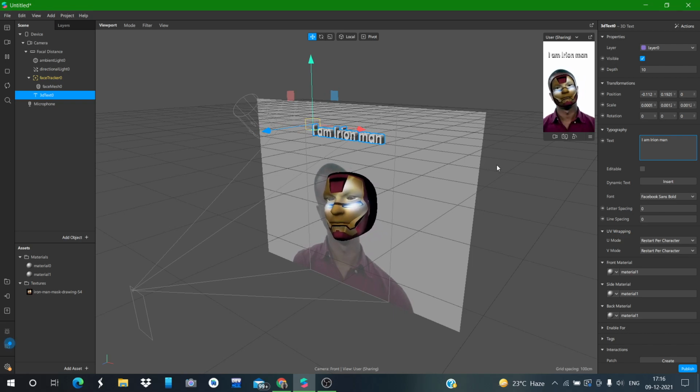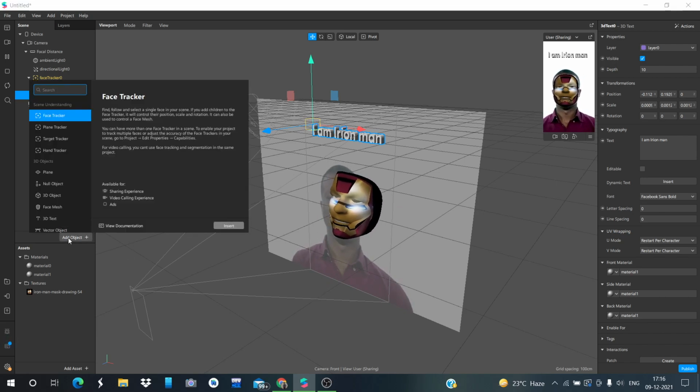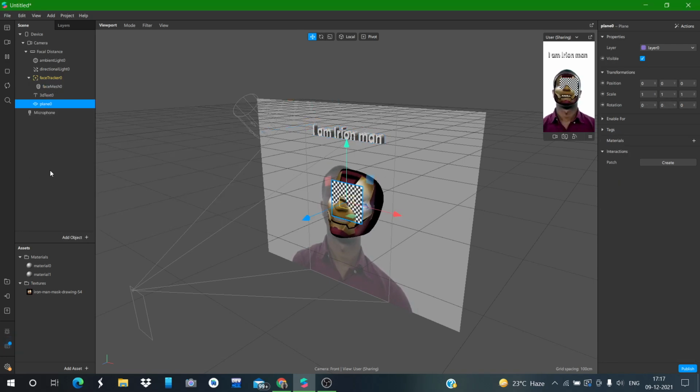Okay, amazing, cool. My effect is almost ready, and here you can also add your own logo if you have any kind of logo, so that you can add it to your effect, right? For that, I will add a logo. Again, you click on add object, and you can select plane. Okay, you can see the plane, and I will move it into the bottom right corner of my effect. Here I will put it.